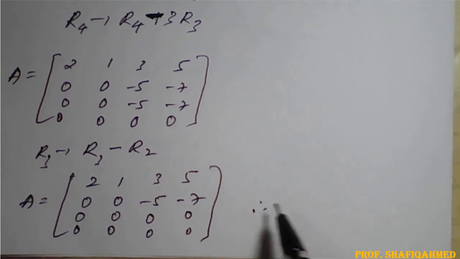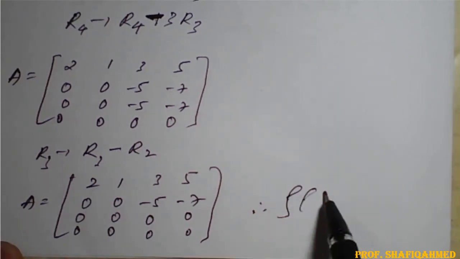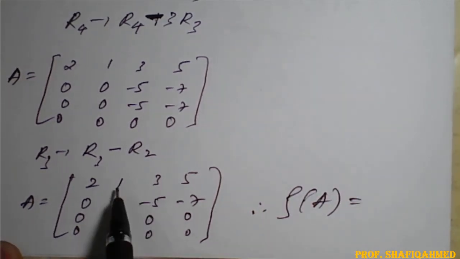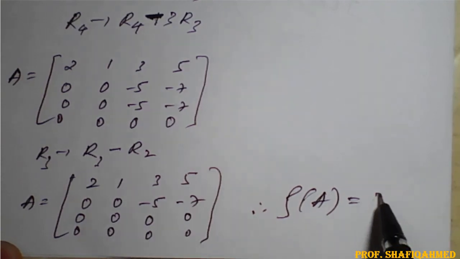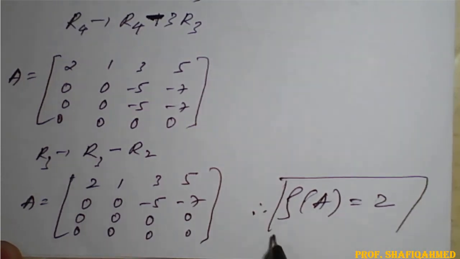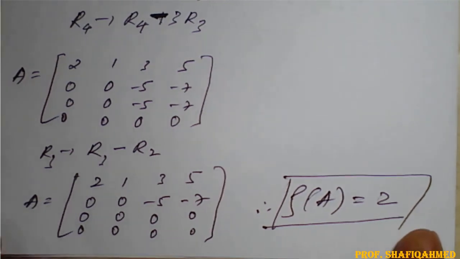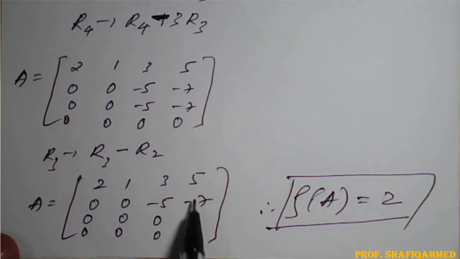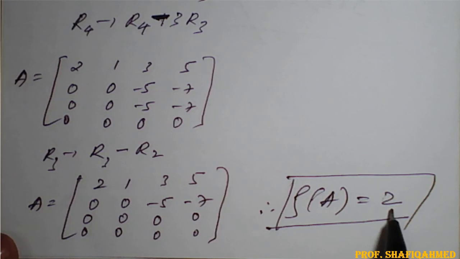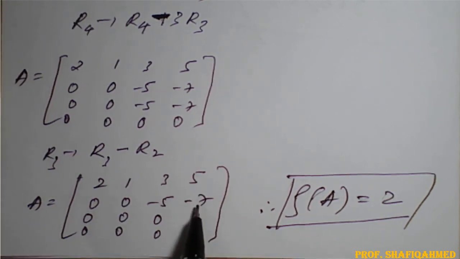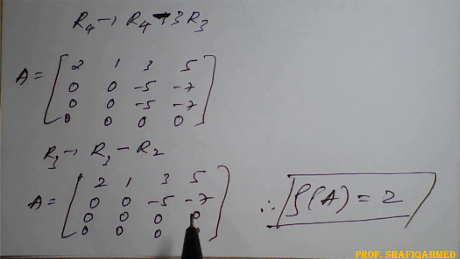So therefore I can say that the rank of matrix A is nothing but two rows having elements, means R2 is equal to 2. Rank of A is equal to 2, because here third row having completely 0, fourth row completely 0, only first two rows having the elements. So therefore these two having the elements means that's the rank 2. So third row is 0, fourth row is 0, we have to leave it. So only two rows having elements which are nothing but non-zero rows of the matrix A,